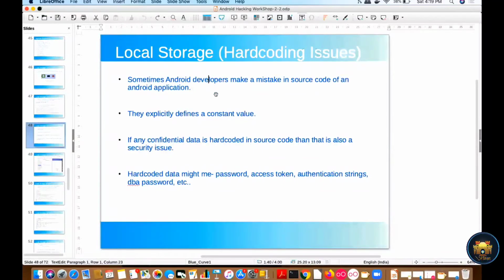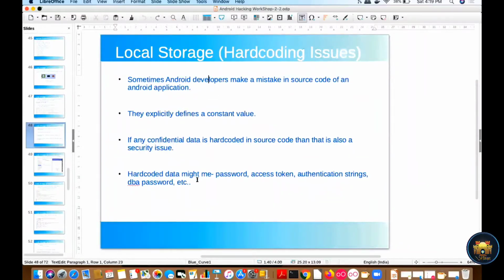So what happens is, sometimes Android developers make a mistake in the source code of the Android application, and they explicitly define some constant values, and these constant values end up stored in client side code. So basically we need to check for any confidential data which has been hard coded into the client side code, so that we can leverage this client side storage to exploit further attacks, right?